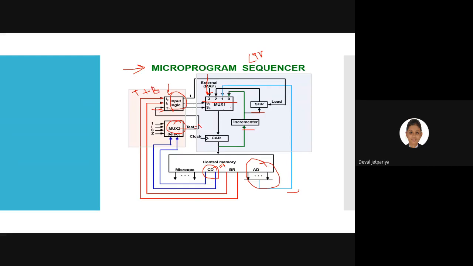So this is the next line. Okay, so at this input logic, we are having these two pieces of information, test value as well as branch input. That will be used to determine which type of operation is available in this input unit. So with respect to this test bit and branch input, you are able to identify what types of operation are available.